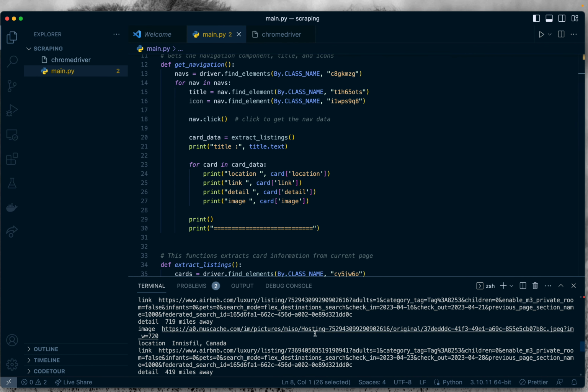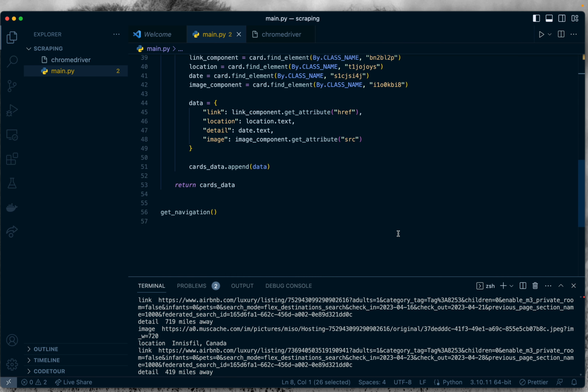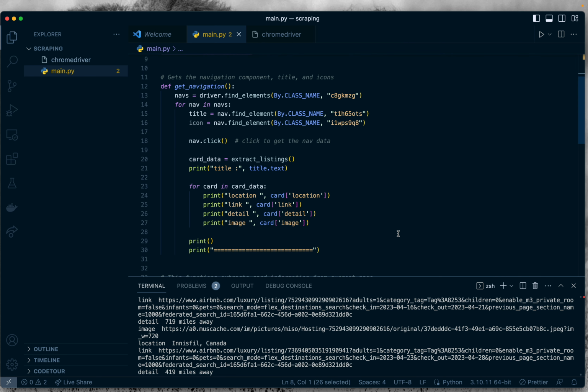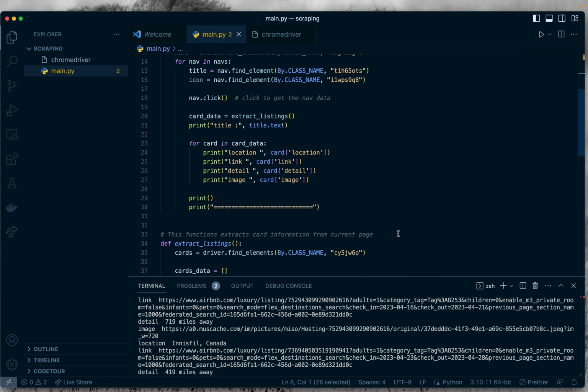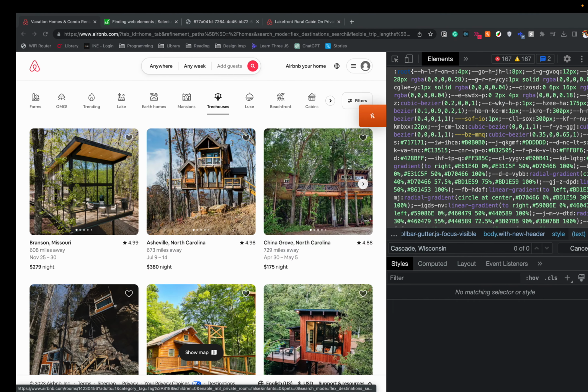Since we can print it out, you can put it in a database, a spreadsheet, a text file, or upload it to whatever you like. So that's it, I think we've finished with this scraping thing. I hope you like it and find it helpful. I would definitely suggest going more into